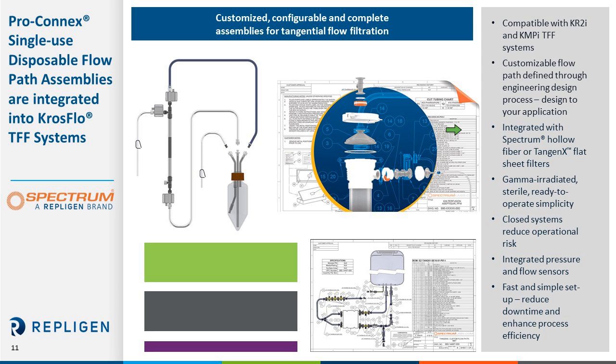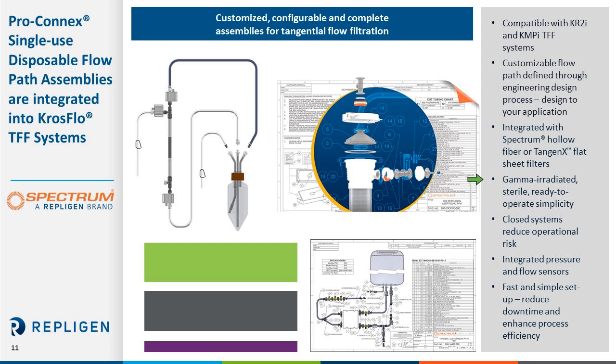Repligen offers multiple chemistries of hollow fiber membranes, and they allow for fast processing with high flux rates. Tangenix flat sheet cassettes are available in 2 different chemistries, ProStream or low binding, and the HighStream hydrophilic membranes. Both platforms are also fully scalable.